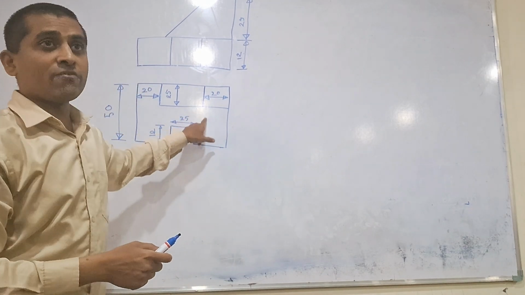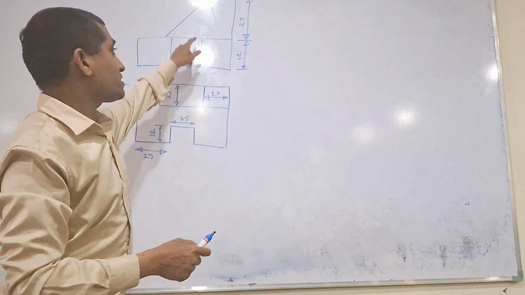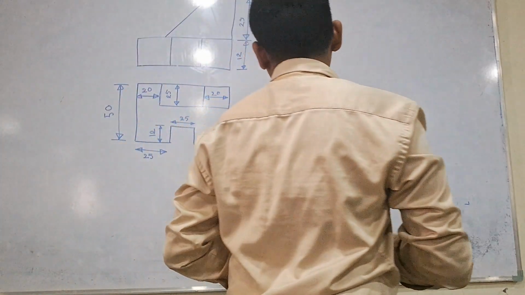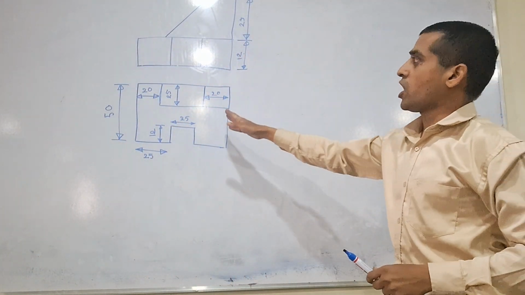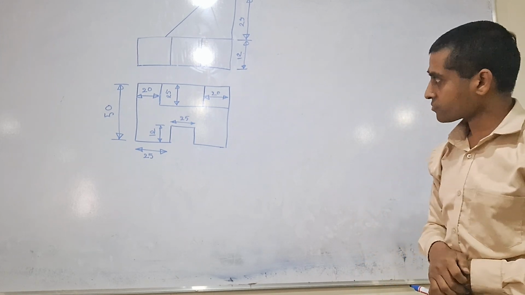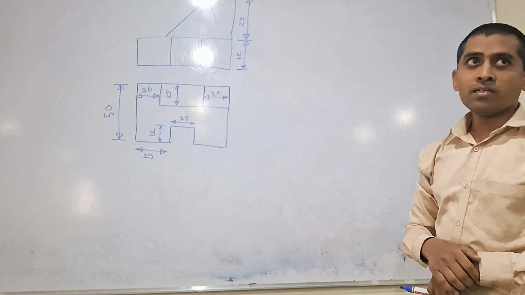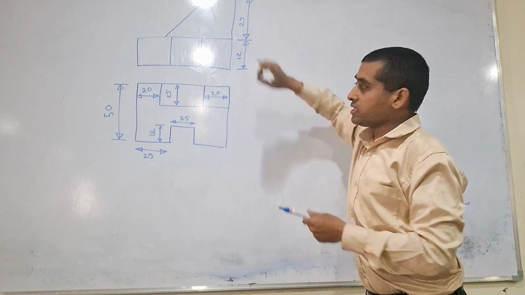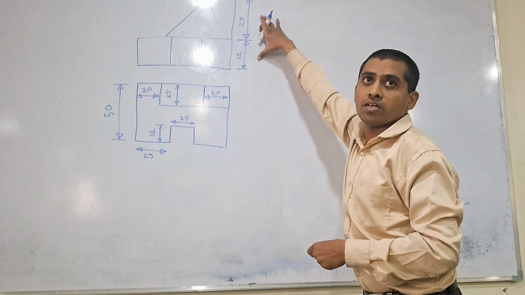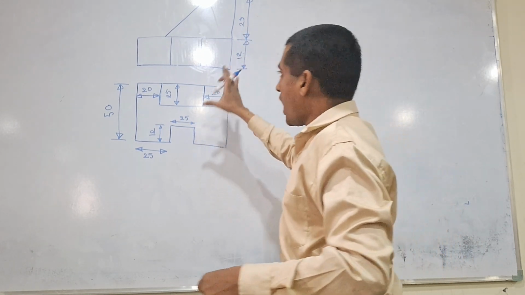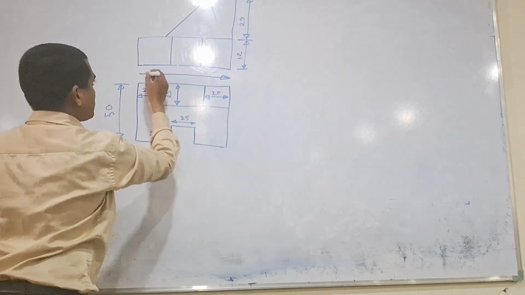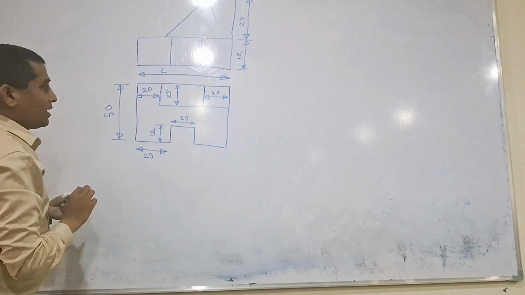What is this view? Front view or top view? Top view. What is this view? Front view, right? Now see here how to draw a 3D view by looking at this top view and front view. Okay, now we should always see here, in the front view we know the height. This is the height of the object. In the top view or in the front view, we can see the length. This is the length of the object. This is the length. Okay, now how much is the length?